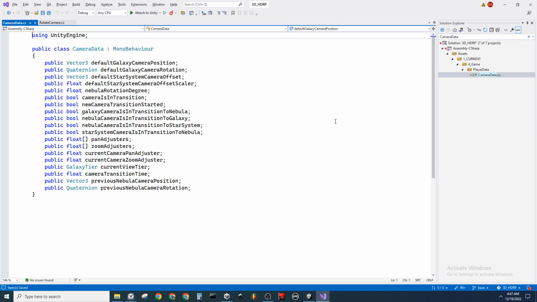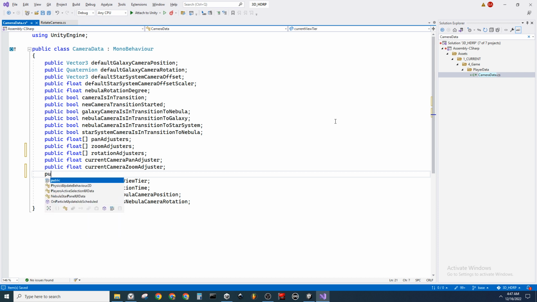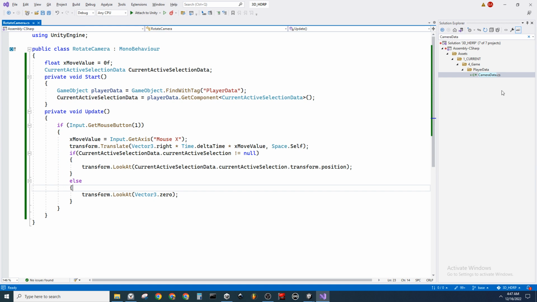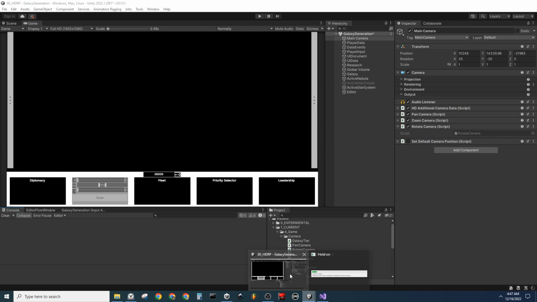Okay, there it is. So I'm going to have to come in here and add a camera rotation speed, basically. So where's the... So public float array, rotation, add adjusters, public float, current camera rotation adjuster. And then I'll have to tweak the values as I go here,